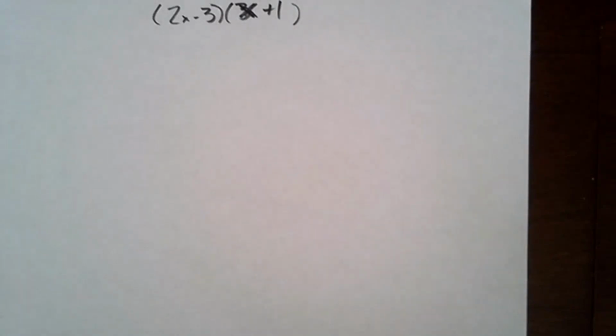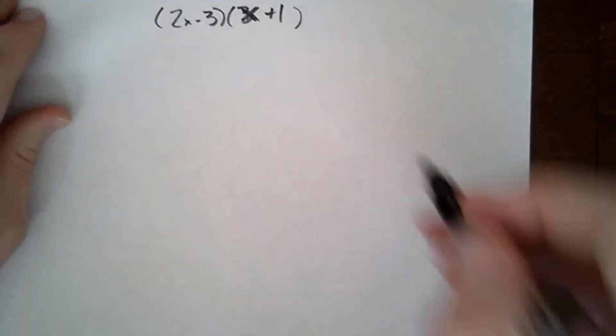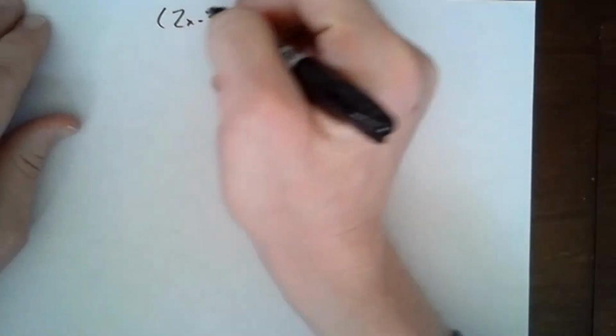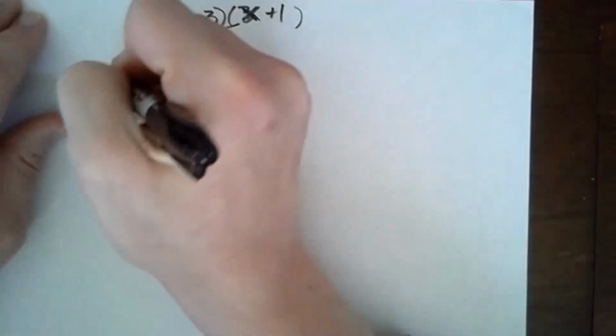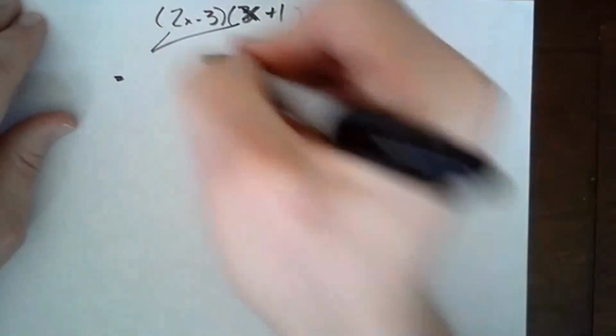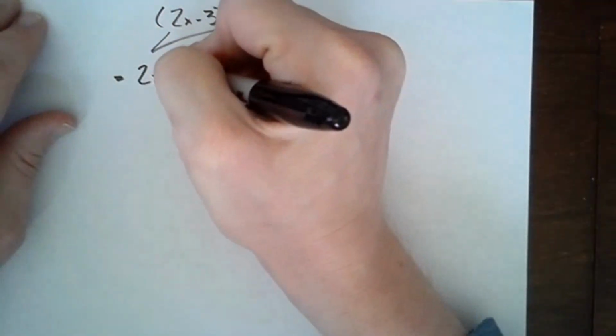Here we're asked to use the FOIL method to multiply. This means that we're going to do things in the order of first, outside, inside, last. So we take our two first terms and multiply those together. 2x times x is 2x squared. Next, we take our outside terms,